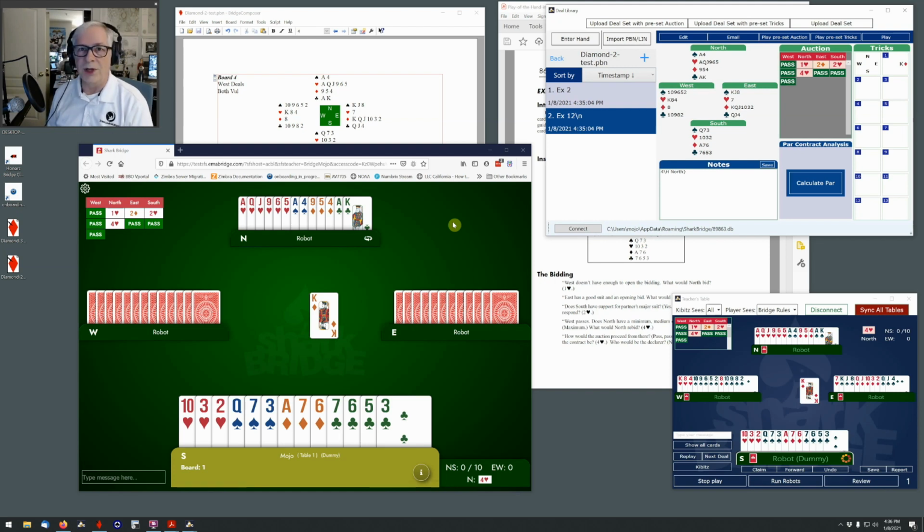And always double check these robots. If you blindly let the robots do the bidding for you, you will get surprises. I'm not saying that they're wrong. I'm saying that they don't match the lesson plan. So test all of your PBN files carefully,